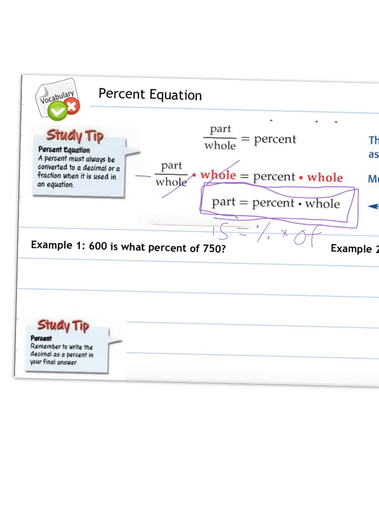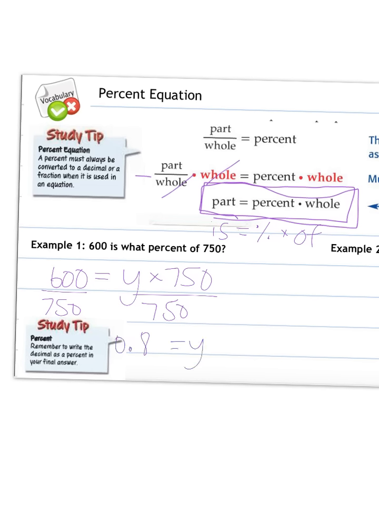Okay, so 600 is, so that would be on the left. What percent, that's where we put our variable. I'm going to do y, of 700. So we are multiplying by 700. Okay. Now, to get y by itself, we divide each side by 700. Okay. 600 divided by 700 equals,